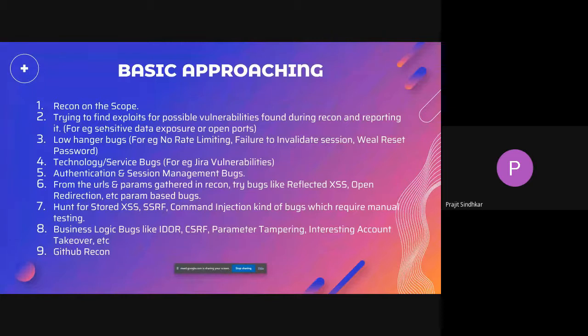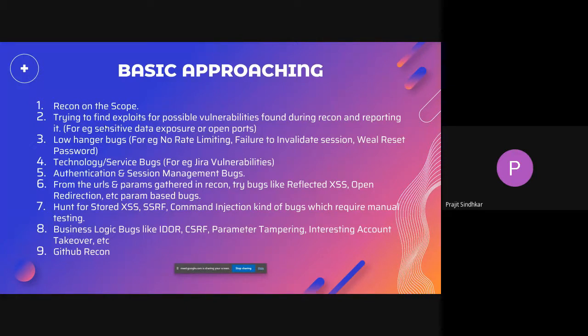Example, Jira vulnerabilities, Cisco vulnerabilities. The reason for service bugs is that they are generally more critical and easy to exploit. Okay, like Cisco has three P1 vulnerabilities, two path traversals and one file delete vulnerability. So if I get a Cisco SA panel, I have got three P1 vulnerabilities easily. That is why I first analyze what different technologies and services are being used in the target website, and then find those vulnerabilities.